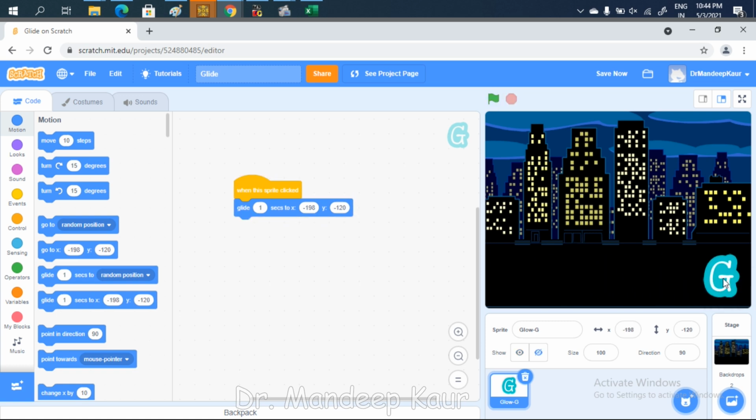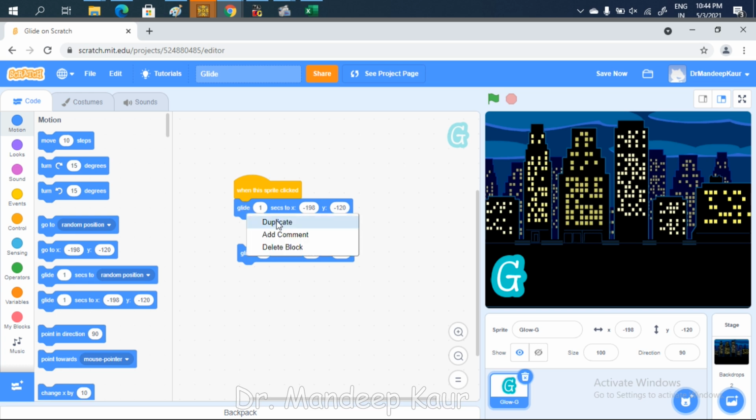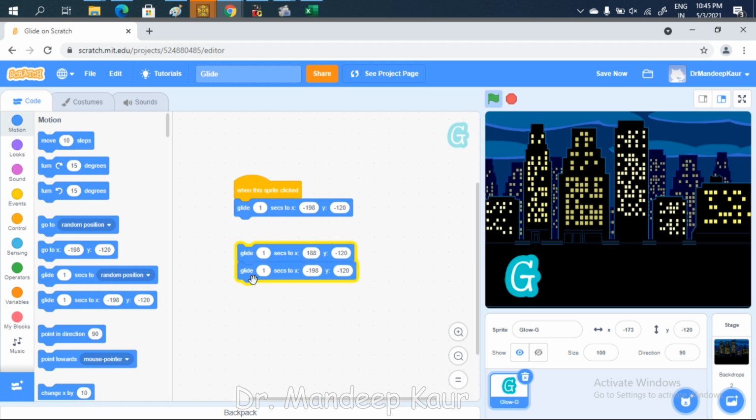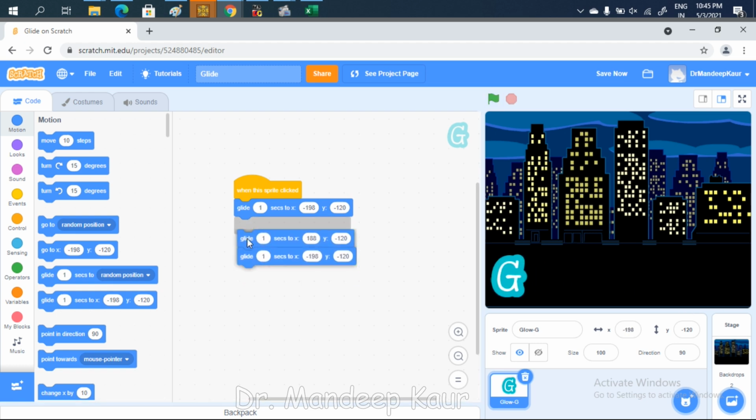I want this to be placed here, and then I want this to be placed again here. So for this I'll duplicate this and put it here. If you click over it, it will glide from left to right and then come back from right to left.